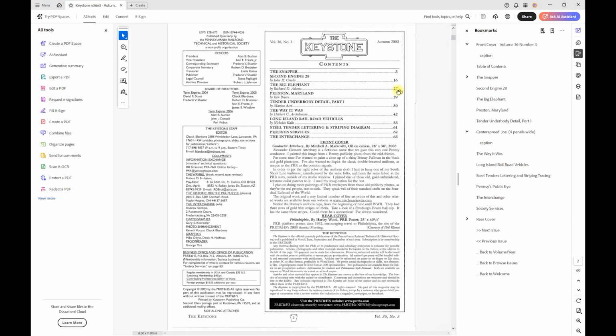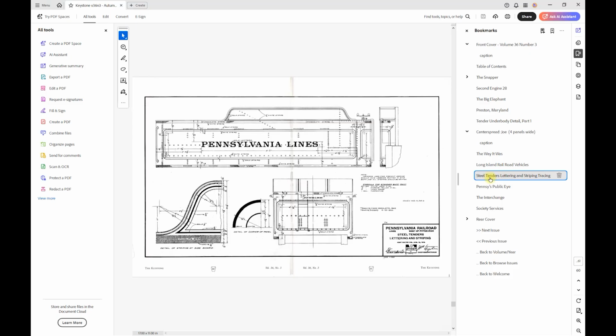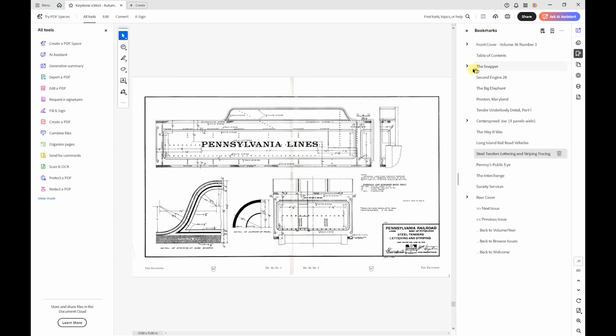We can go to the table of contents and click on an entry to go to that article or feature. Bookmarks provide an easy way to move from one place in an issue to another without having to go to the table of contents. Many Keystone issues have sections within them, such as the snapper, that contain related articles. To save vertical space and make the bookmarks easier to read, the bookmarks for those articles are nested in the